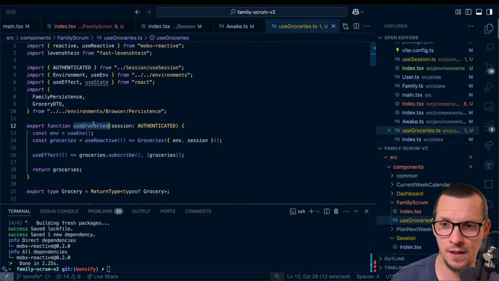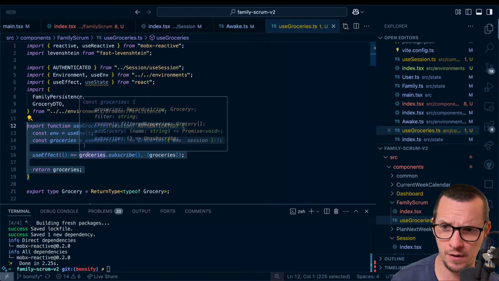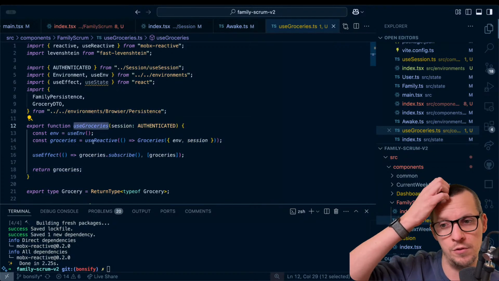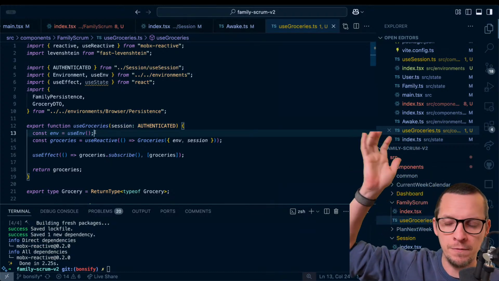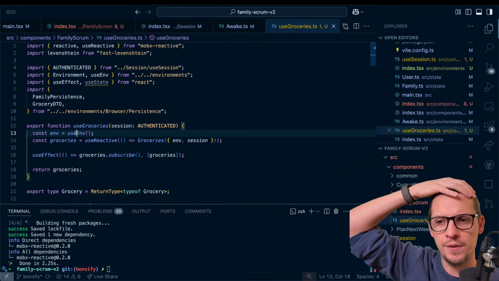Or you can test state management in the context of a component with use groceries. And for effects, like environment effects, that's still coming from the outside.